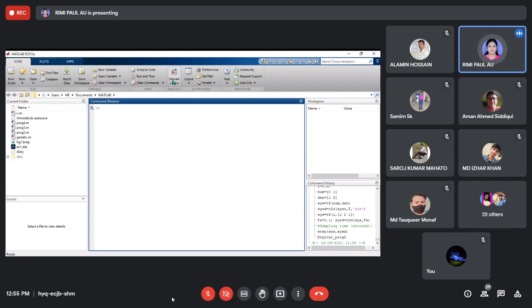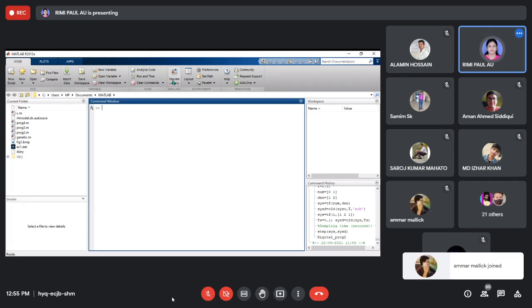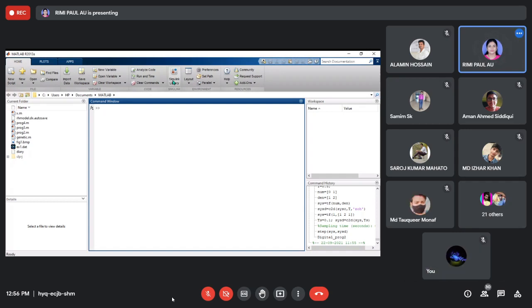But what is the difference between multisim software and MATLAB software? In MATLAB software you can use any value of resistor, but in multisim software you can use only the particular value of resistor or inductor or capacitor which are available in the market. As per market availability, you will get the resistor.